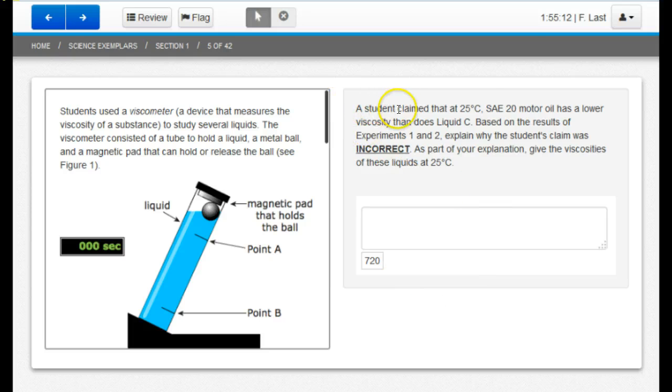Notice that there is also a writing component that is involved, and this is true with all of the questions. With each of the tests, there is a written component. So explain why this is incorrect. So you have 720 characters where you can explain why this answer is correct. This answer is incorrect because,